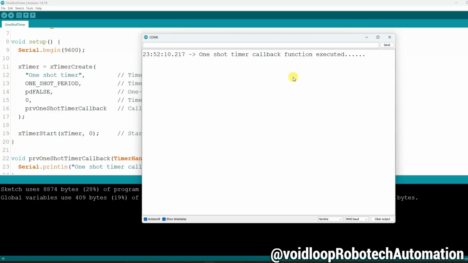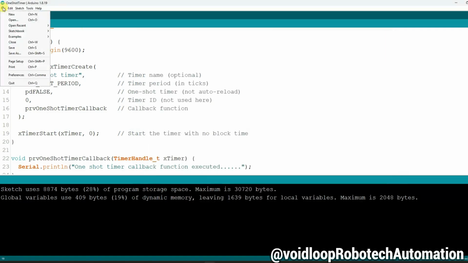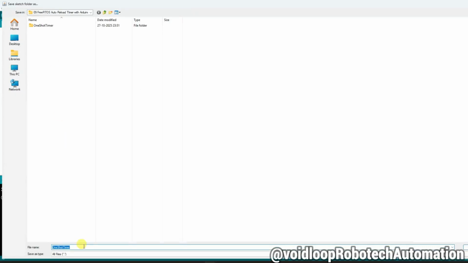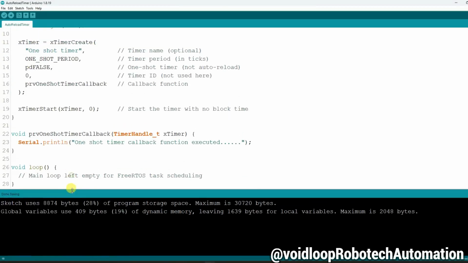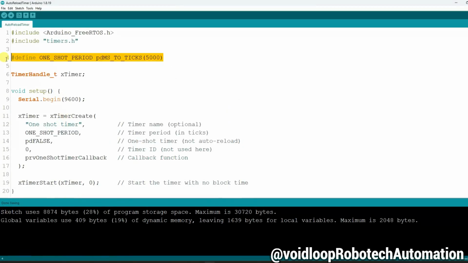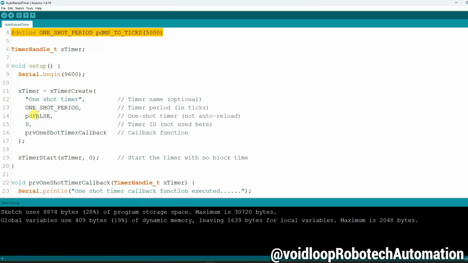Now we will move to create an auto reload timer. In an auto reload timer, the callback function will be called frequently. Okay. So let us move ahead. Now go to File and Save As, type here auto reload timer, then save. Let us keep 500 ticks, it means a 5 second period, and there are many important things to change in the parameters